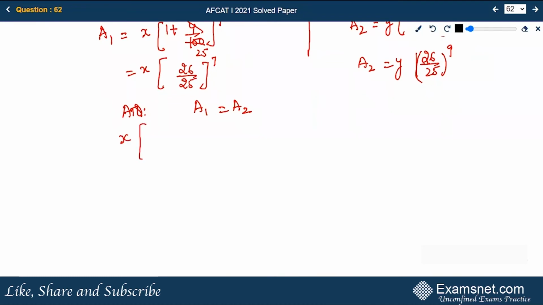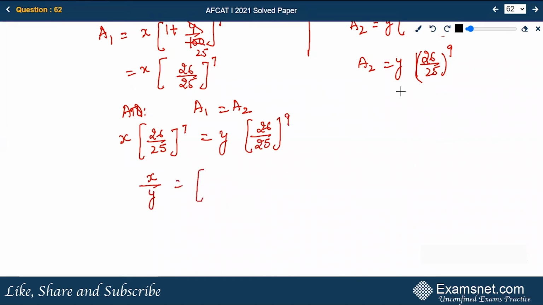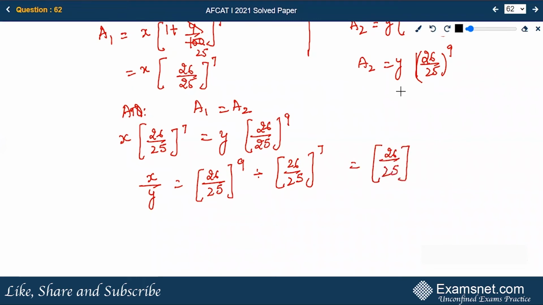So x into 26 upon 25 raised to power 7 is equal to y into 26 upon 25 raised to power 9, which makes it x upon y is equal to 26 upon 25 raised to power 9 divided by 26 upon 25 raised to power 7, which makes it 26 upon 25 raised to power 9 minus 7, because when the bases are same, in case of divisions, powers will subtract. So it will be 9 minus 7, that is 2, which gives x upon y is equal to